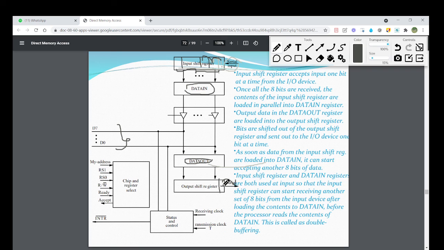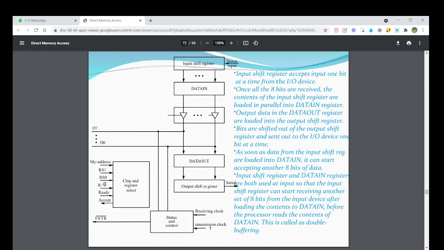The last bit is transmitted first, then the next bit, and so on to the outside world. If it is 8 bits, it is going to happen 8 times. Like this we have the serial port which is connected to the processor.